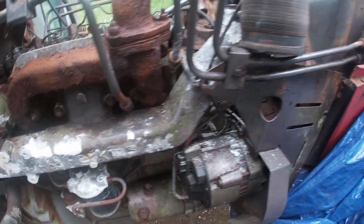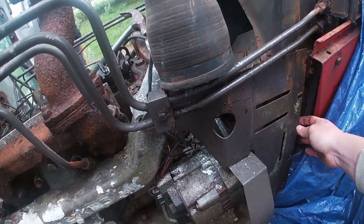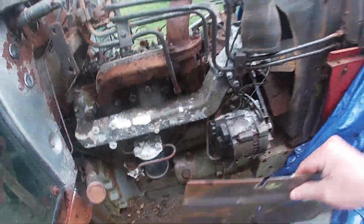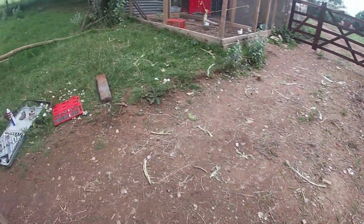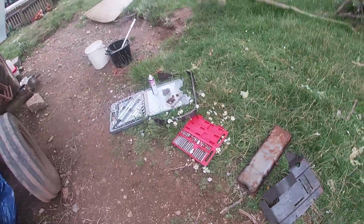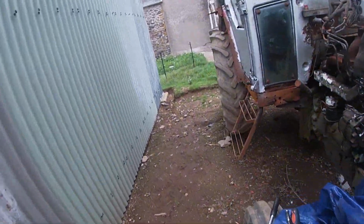So I'm starting to take the manifold off now. Taking this side radiator panel off. Oh, there it goes. Didn't know it was going to come off so quick. Hang on, let me just go and put this down somewhere over here. Keep everything together. Right, so